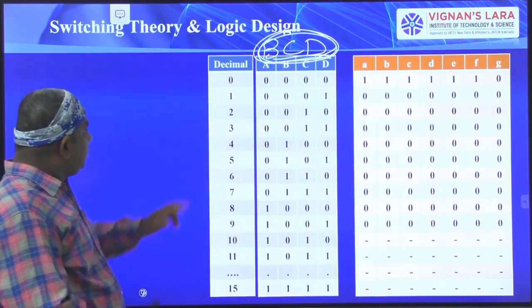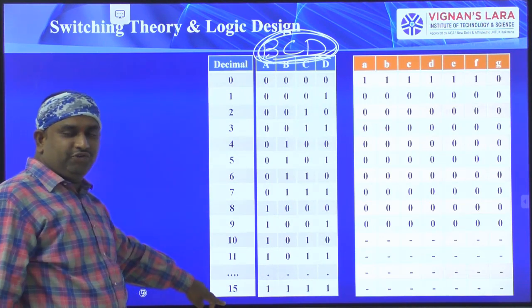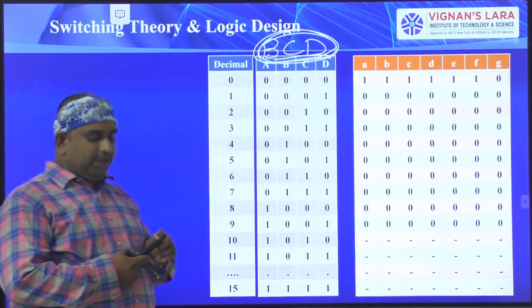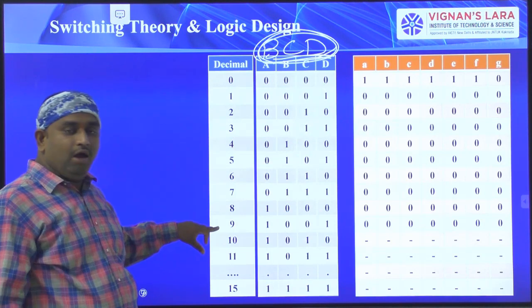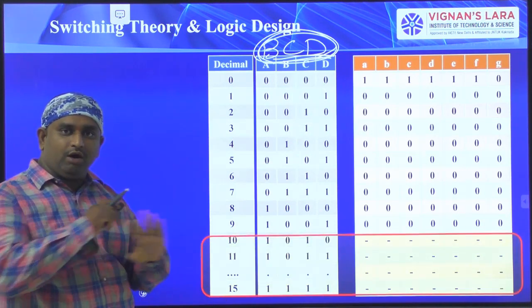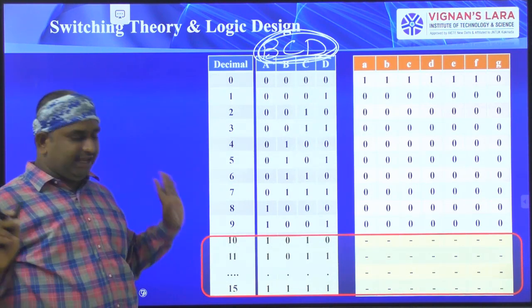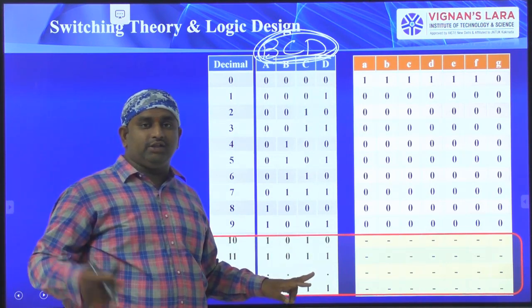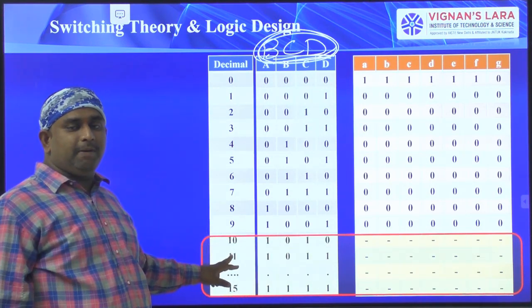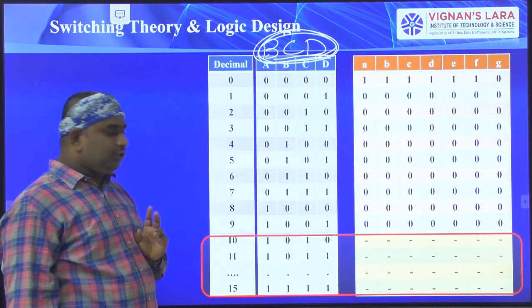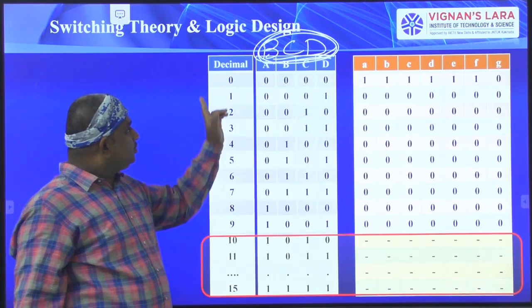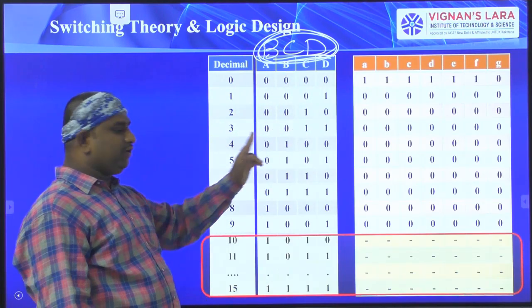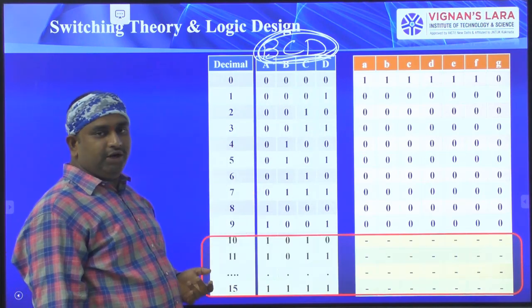Here we have represented 0 to 15 combinations, but for the binary coded information we are giving BCD as the input. In BCD you give only 0 to 9. After 0 to 9, the 10 to 15 combinations we are not accepting. So you can take 10 to 15 as don't cares. When generating the equations, you will do the K-maps, and in the K-map process you can take 10 to 15 as the don't care terms. 0 to 9 we have to represent: 0 equivalent BCD, 1 equivalent BCD, 2, 3, 4 equivalent BCD. These are the 0 to 9 equivalent BCD values.